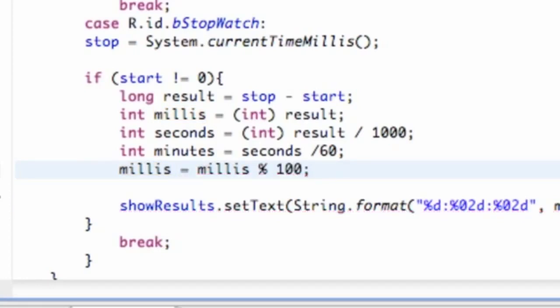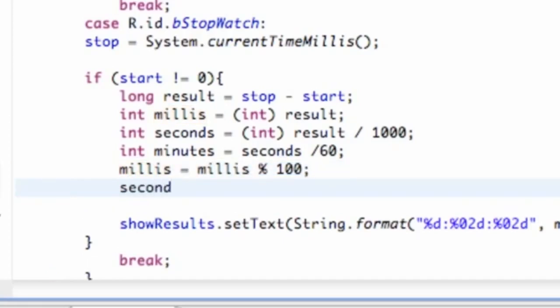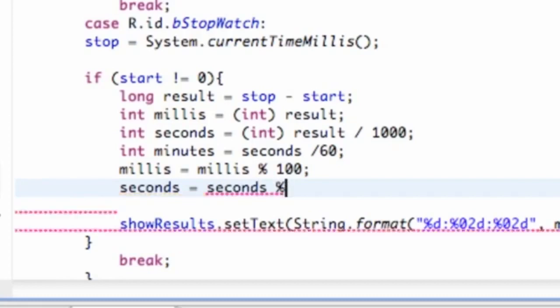So basically what that is going to do is it's going to take our milliseconds, it's going to divide it by 100, and whatever's left over, it's going to take that and set it equal to. So I don't know if that makes sense, but we're also going to do that for our seconds as well. So we're going to say seconds equals seconds divided by, and take the remainder of